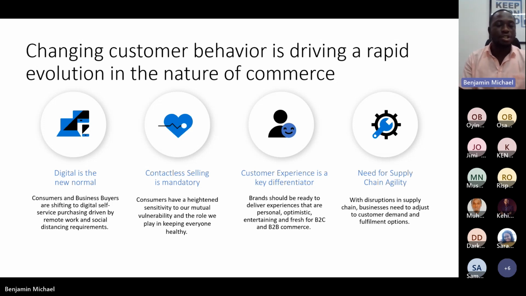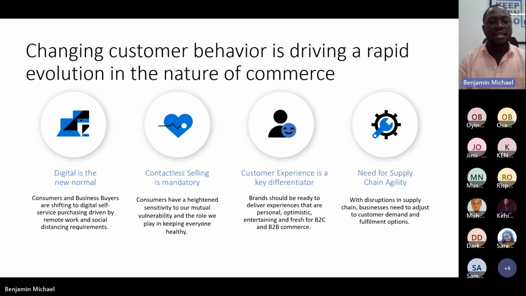Therefore, digital is the new normal. It is no news that we are in a post-pandemic era and companies have gone back to business as usual. However, it is important for retailers to look for alternative and robust solutions that can help them sell their products with the minimum amount of contact possible.